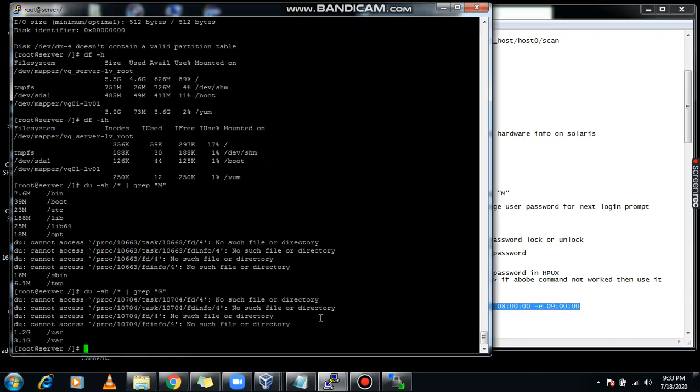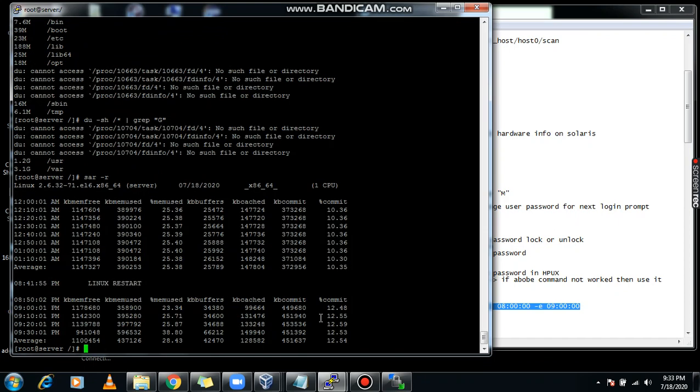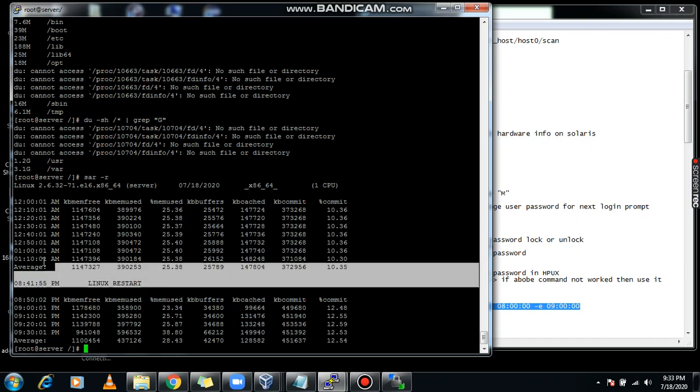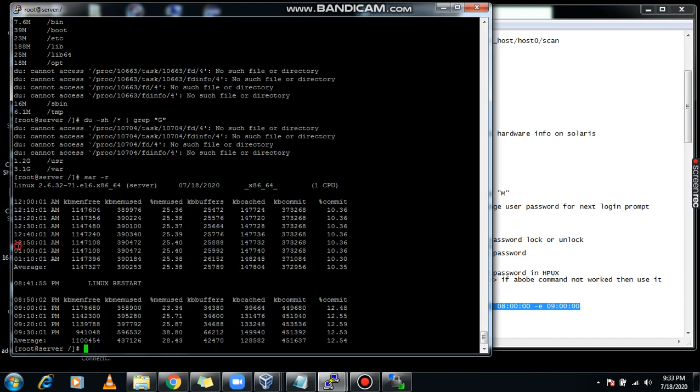Okay, now we are checking the sar command. Normally we use the sar command for memory status, CPU status and IOs, for better performance. If your server has rebooted, at that time you need to check what issue happened before the reboot. You can easily track it using the command sar -r. You will get the memory utilization from before the server reboot.